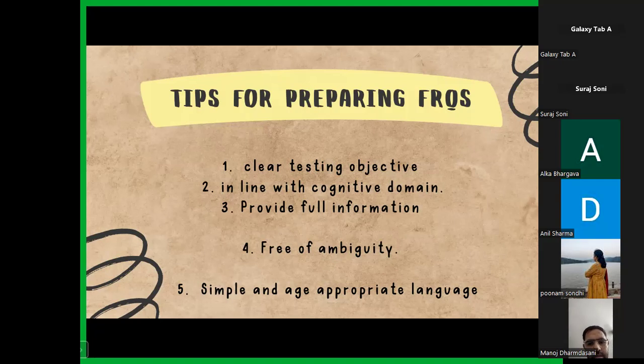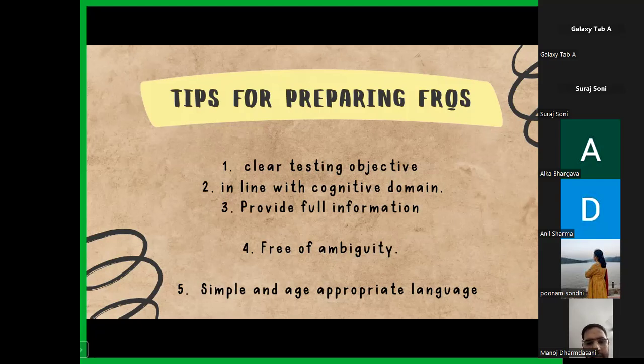Accordingly, you will frame a question. So you can ask the child to list or to mention or to discuss factors which help globalization, right? So the testing objective has to be very, very clear. Or let us say you want to know about institutional changes, whether the child has been able to understand what institutional changes are and how they helped agriculture. Accordingly, you will frame a question.